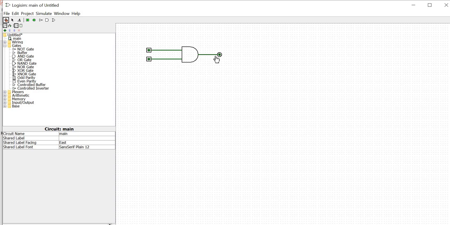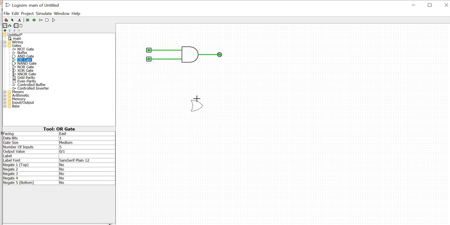Now inputs are 0 0, output is 0. When one of the inputs is changed to 1, so the first input is 0 and the second input is 1, in that case also output is 0. If you apply first input 1 and second input 0, in that case also output is 0. And when you apply 1 1, both inputs are 1, you can see here the output is showing 1. So the verification of a particular gate can be done very easily in this Logisim tool.